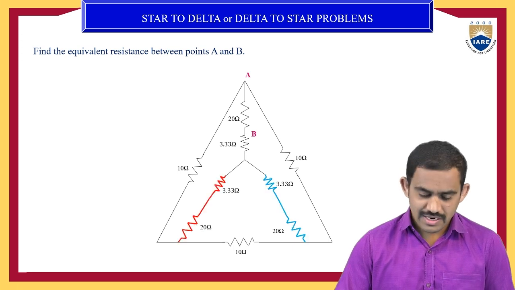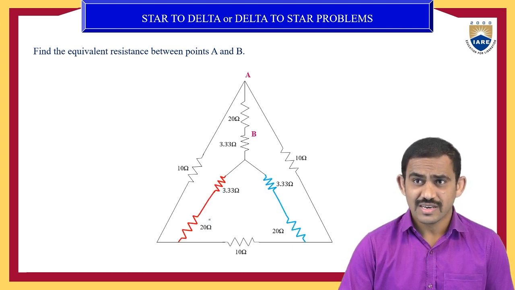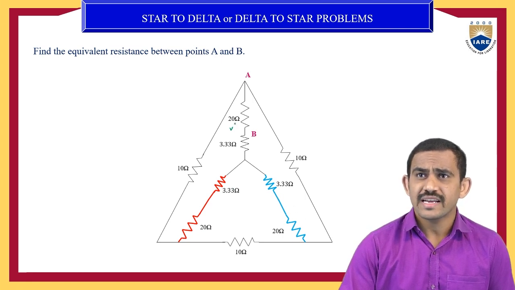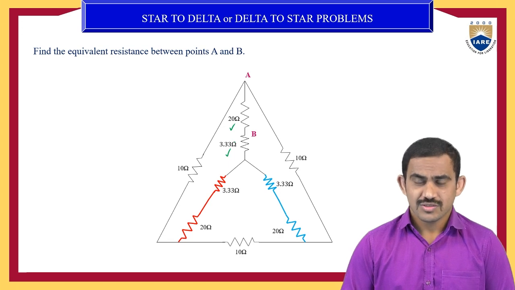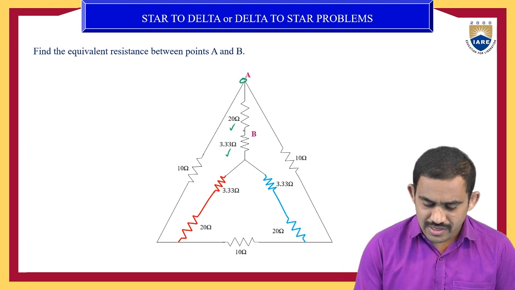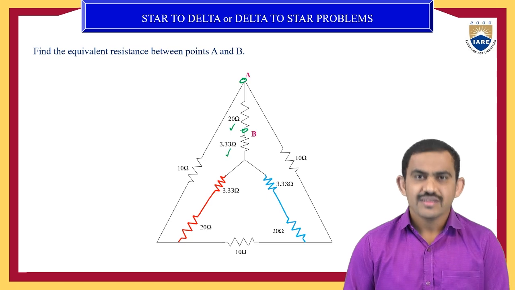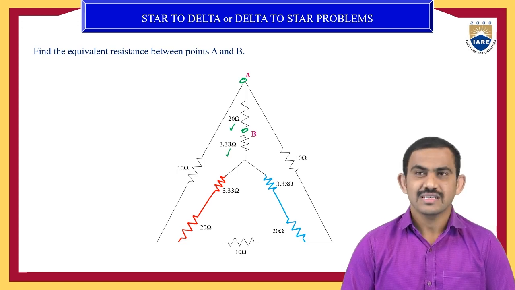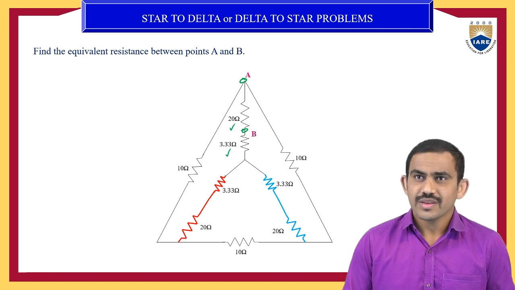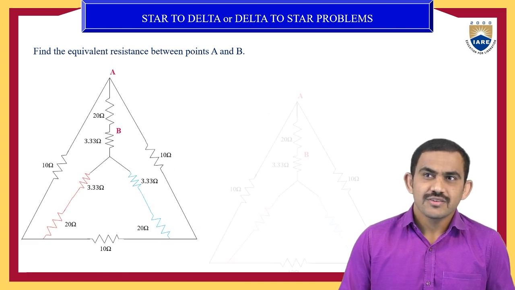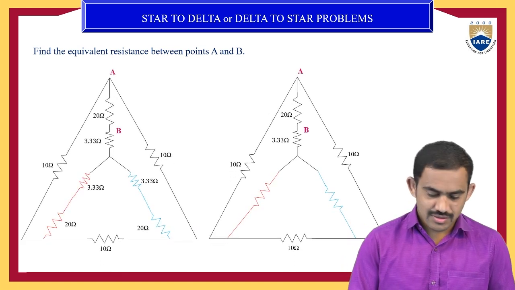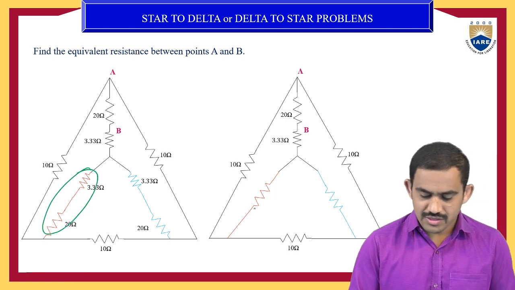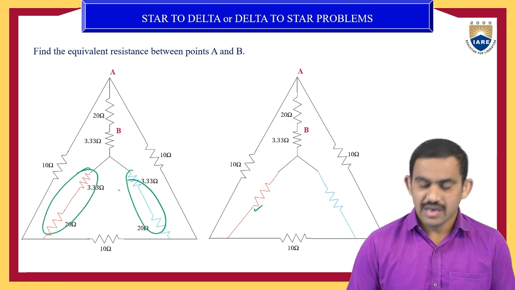These two are series. So current is same in both resistors and only one branch. Here also current is same and only one branch. And what about this 20 and 3.33 ohms? I said we want to find out the equivalent resistance. So up to the end we don't change those resistors. Okay, up to the end don't touch. In the last step we will change that 20 ohms. Clear? Now this is the circuit. You have converted to a single resistor. So these two converted to 1 and these two converted to 1.